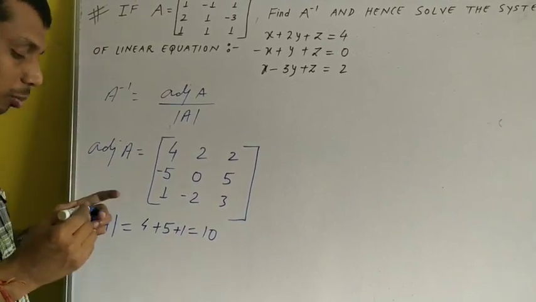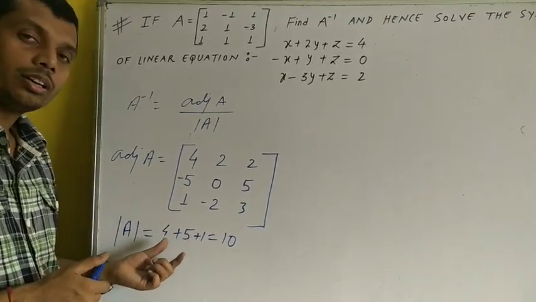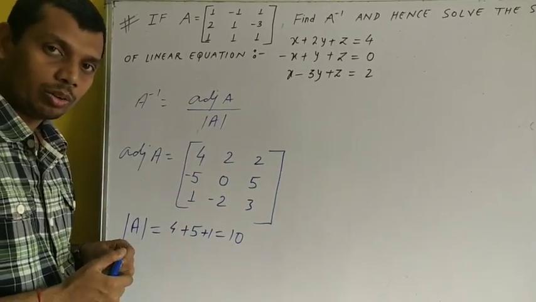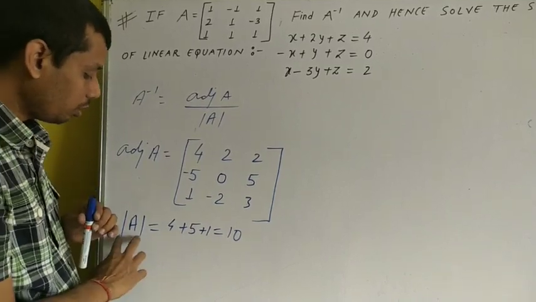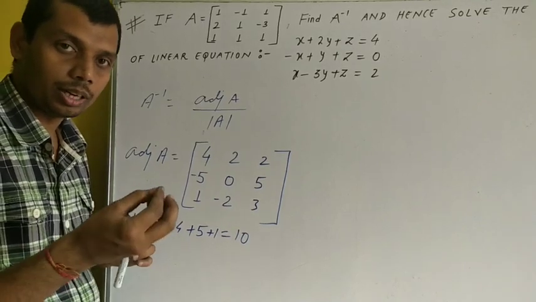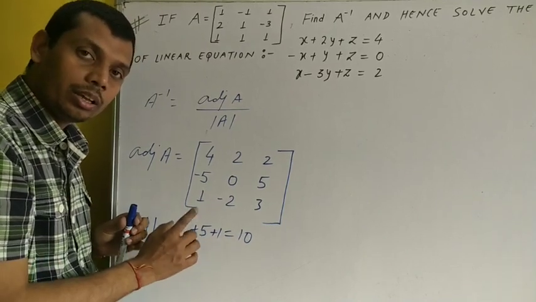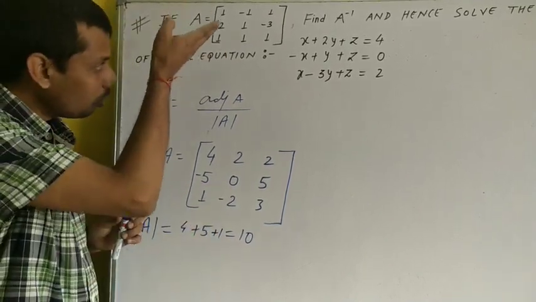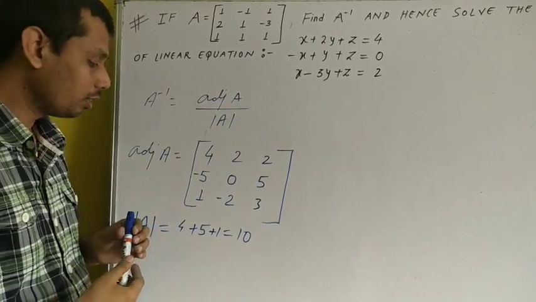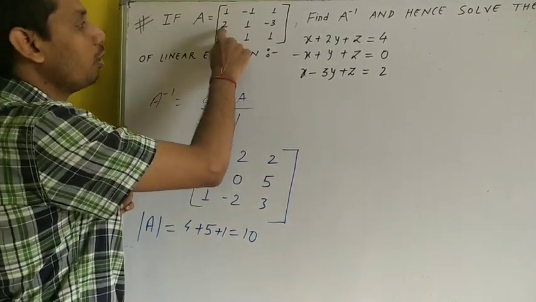I have explained earlier that you should cross check the entries which you have made with the help of cofactor. How can we check that? You determine the determinant along all the rows. Hardly it will take 30 to 40 seconds. If the determinant A is coming the same along all the rows, it means that the entries which we have made are correct. So let us determine the value of determinant A with the help of the second row.